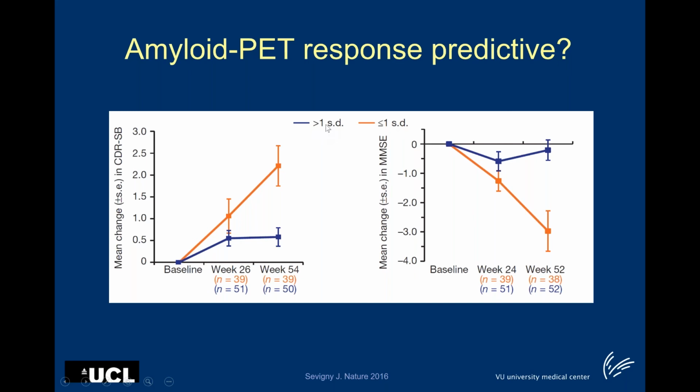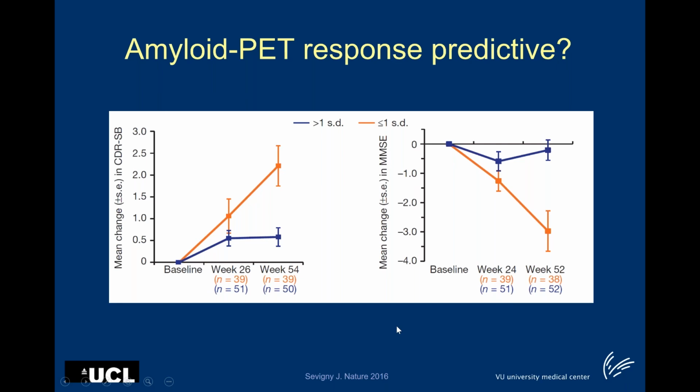And you can see that the changes in the CDR sum of boxes occurred mostly in the people where there was removal of amyloid on the PET. And similarly for the MMSE, if you had a good removal of amyloid, the MMSE stayed relatively stable. If there was a mediocre removal of amyloid, these people deteriorated. Again, this is a small phase 2 study, almost too good to be true. That's why it got into Nature, of course, but I genuinely hope that the phase 3 studies will be equally positive. And as I said, it also shows that it's important to select patients with amyloid,